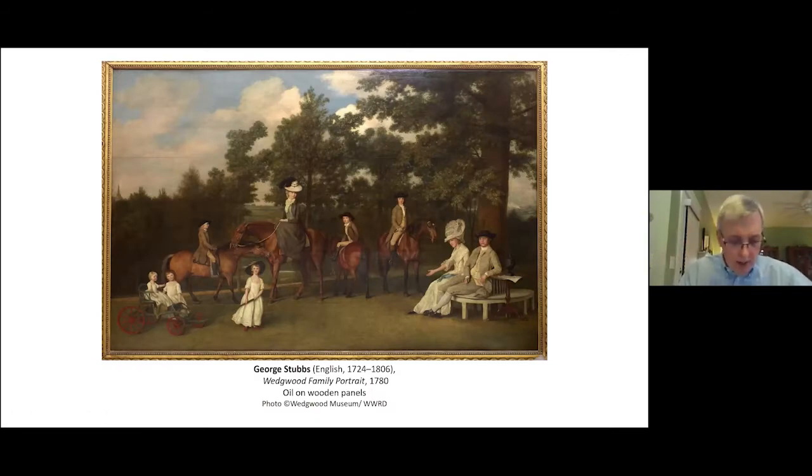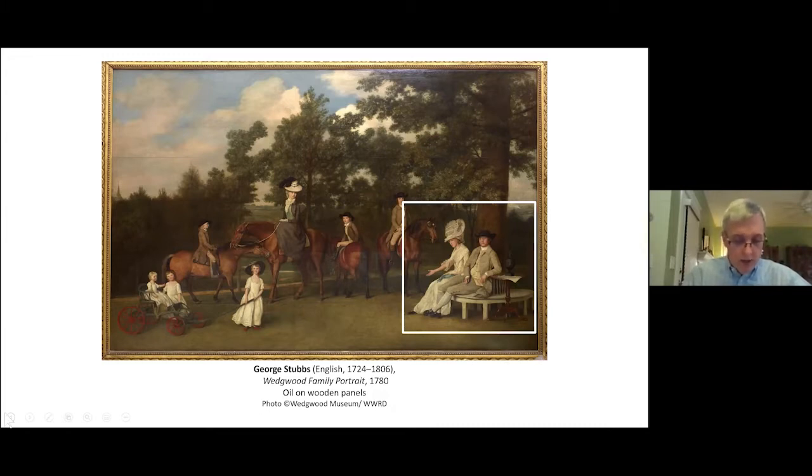So to begin properly, I start with this scene of Josiah, his wife Sarah, and their children in a portrait Wedgwood commissioned in 1780 from English artist George Stubbs. In the painting's lower right corner, we see Josiah sitting with his wife Sarah. Josiah is also accompanied